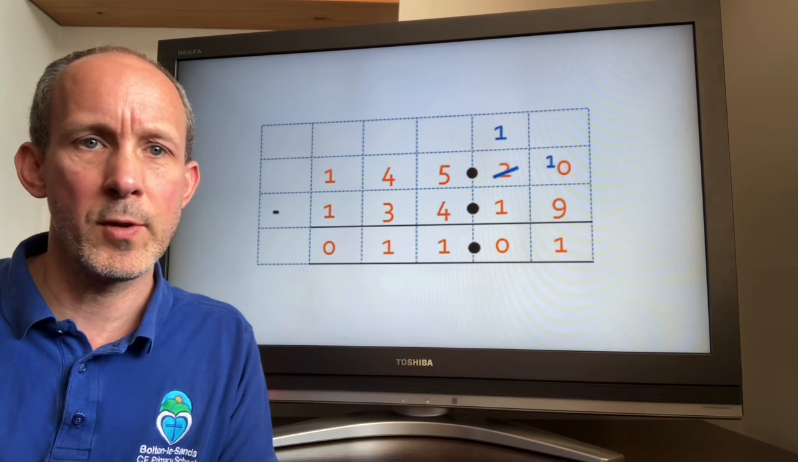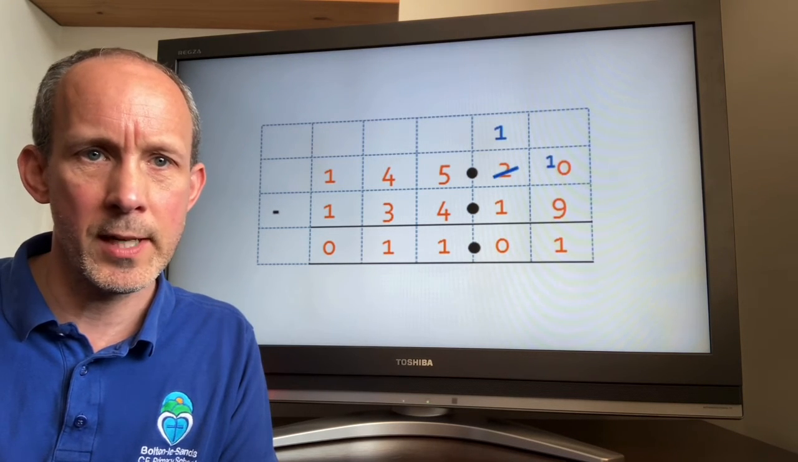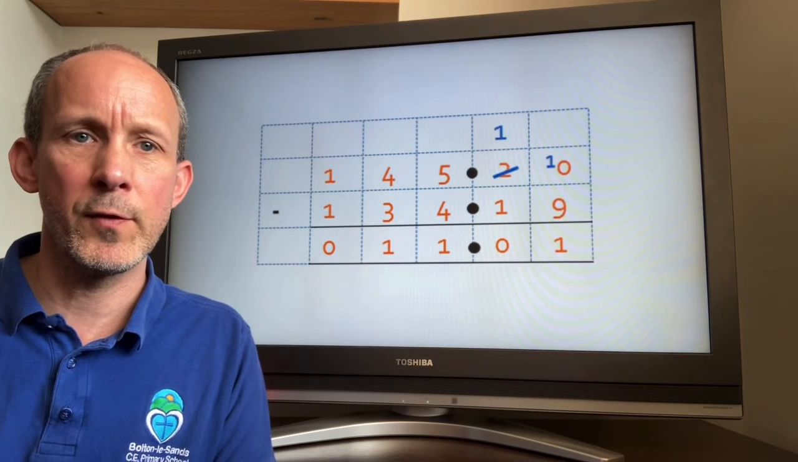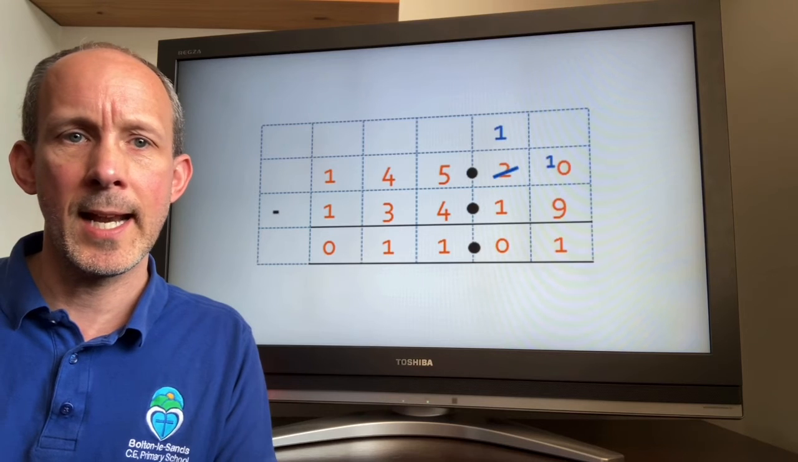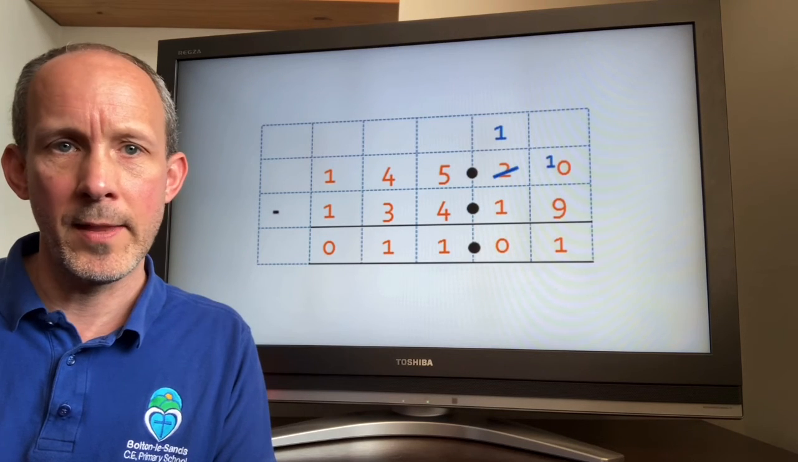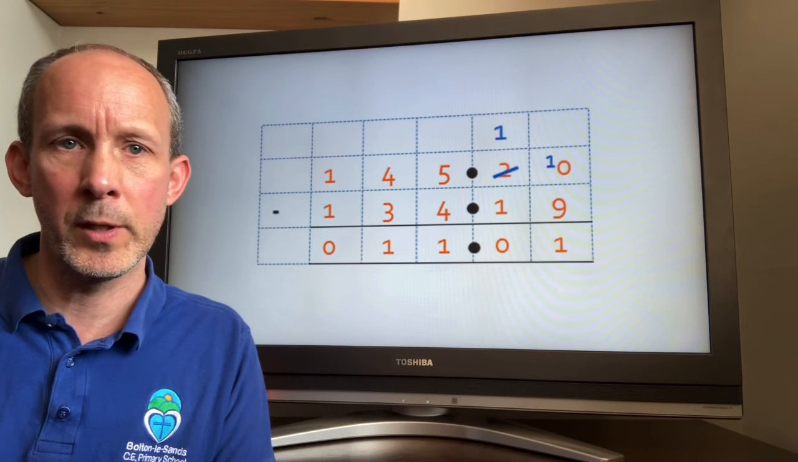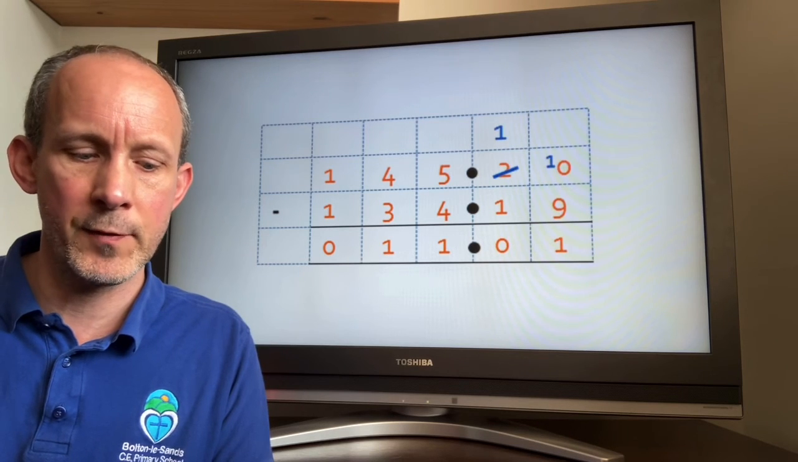1 tenth subtract 1 tenth is no tenths, 0. 5 ones subtract 4 ones is 1. 4 tens subtract 3 tens is a 1 ten. And then our hundreds, we've got 100 take 100 is 0 hundred. So our final answer for that is